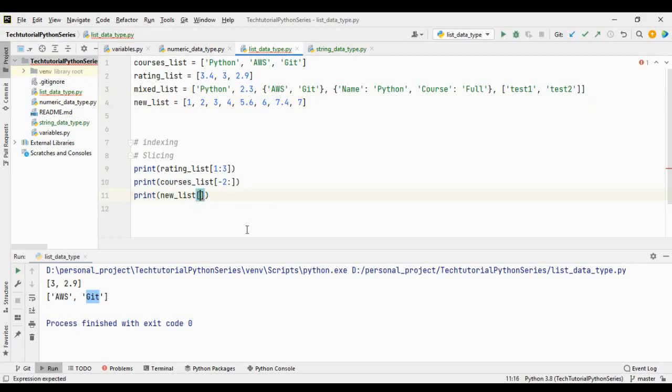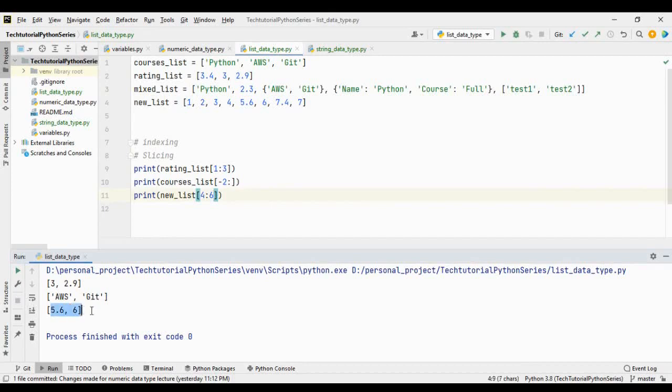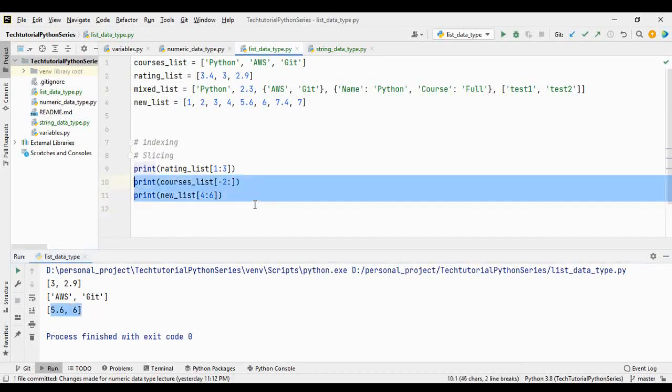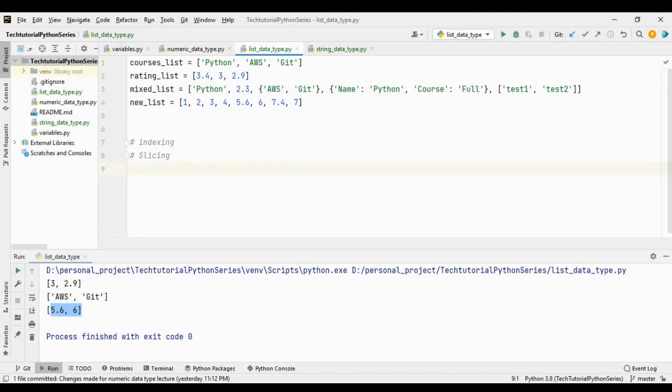So extract from position 4, and this 6 is at position 5, but 5 will not be included, so increase by 1 and print it. You can see that 5.6 and 6 has been printed. So this is for the slicing part. After slicing, let us move to the